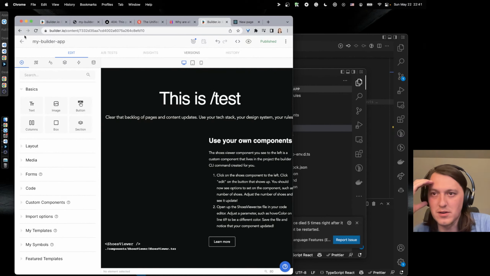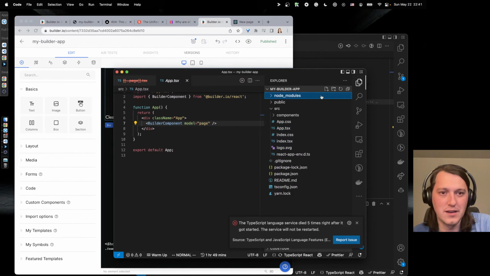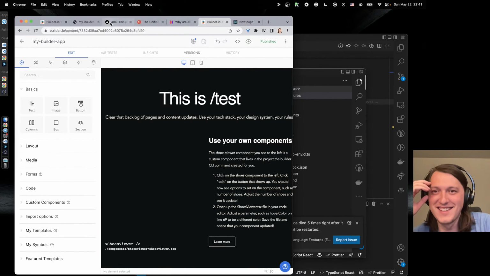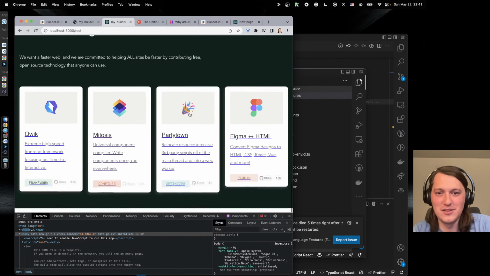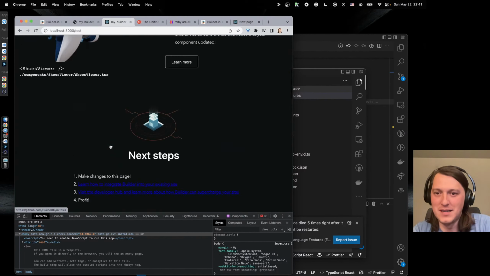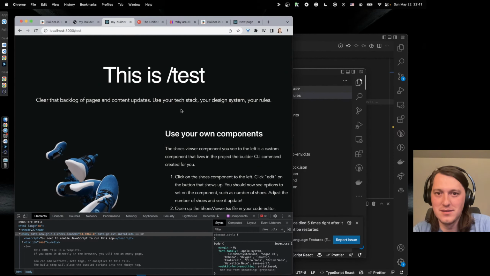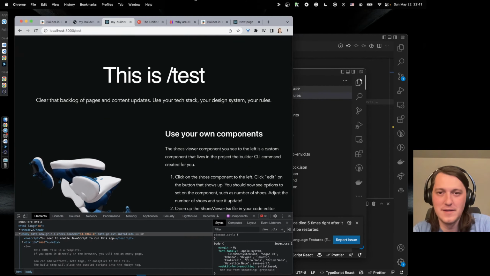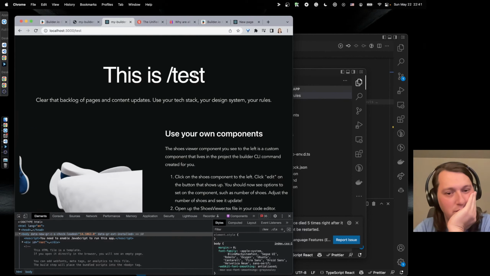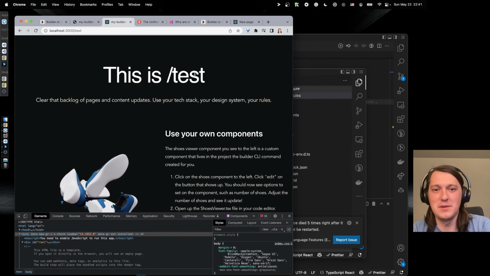No, it's no longer connected. How do I start it again? How do I start it in a connected mode? Okay, so let's go back. So is there like a Builder button or something? No, nothing. Okay, so this is a bit confusing.